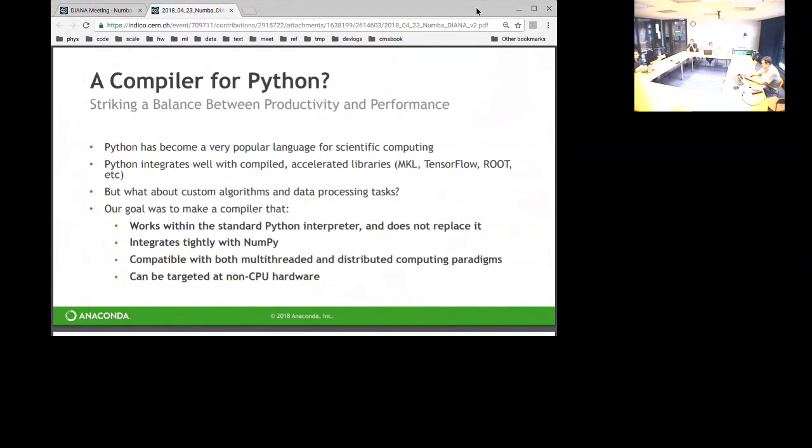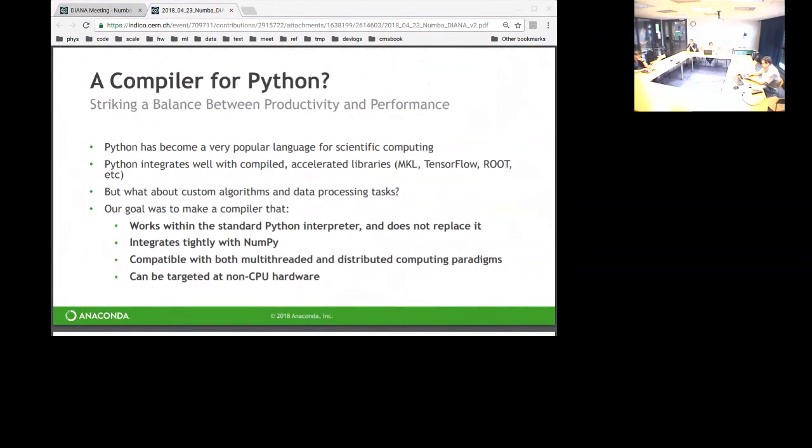So our goal, as in this predates me here, but back in 2012 when Numba was actually conceived, although now I would say the current incarnation of Numba really dates back to something more like 2013, 2014, was really to make a compiler that worked within the standard Python interpreter and didn't replace it. I'll talk a little bit more about that later.